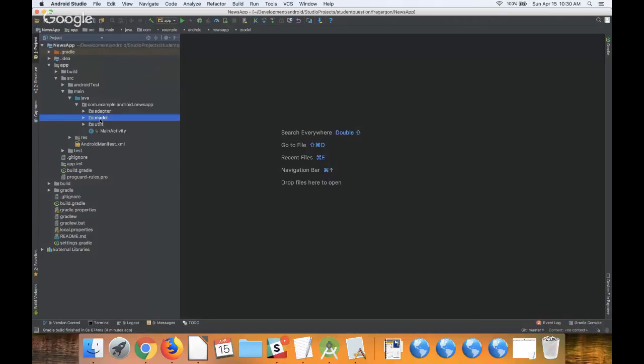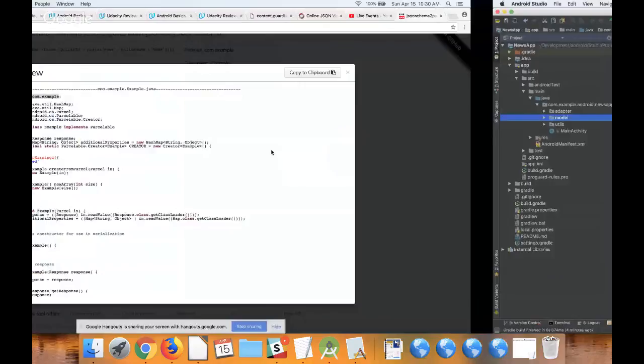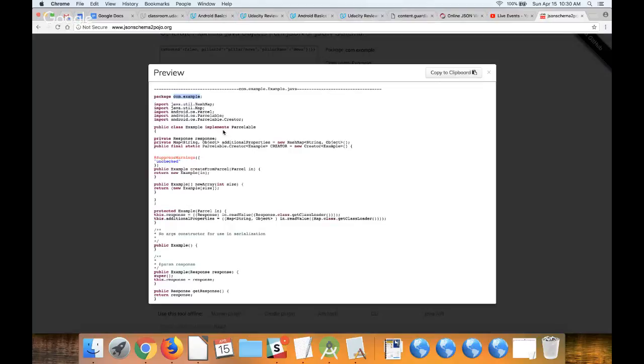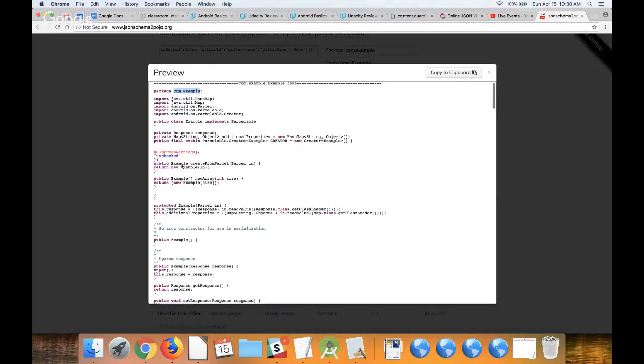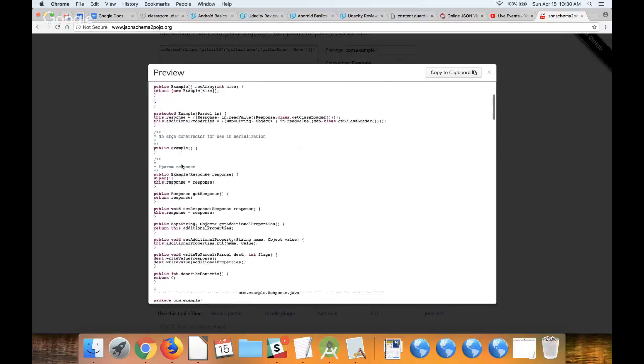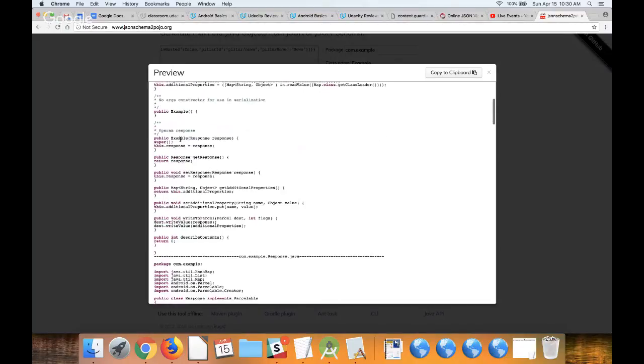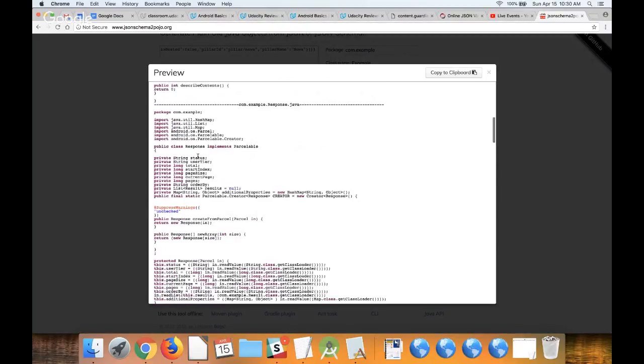Then maybe create a model folder, and inside that you will add this. As you can see here, the class is called Example because we have called it that way in the form, but you can tweak that, that's okay.